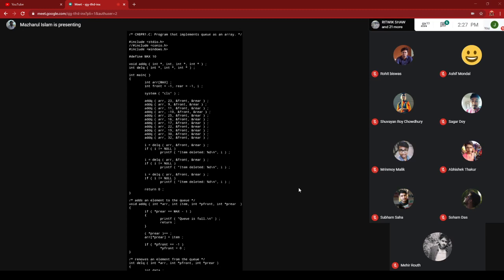Now system CLS will work as a clear screen. Now add queue function is called, and you are passing the array, because array will hold the queue element. So array base address is passed. Then comma 23, the element you want to add, and since your parameter is a pointer, you are passing the address of the front and the address of the rear, as per the prototype of the add queue.